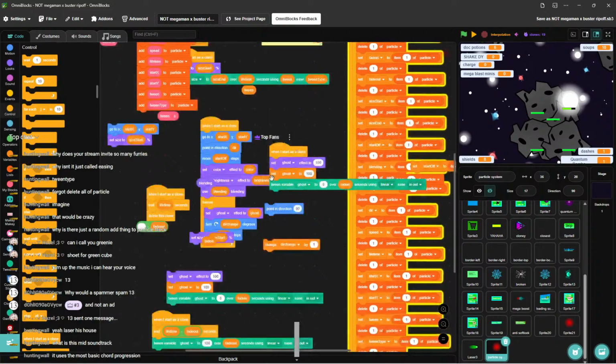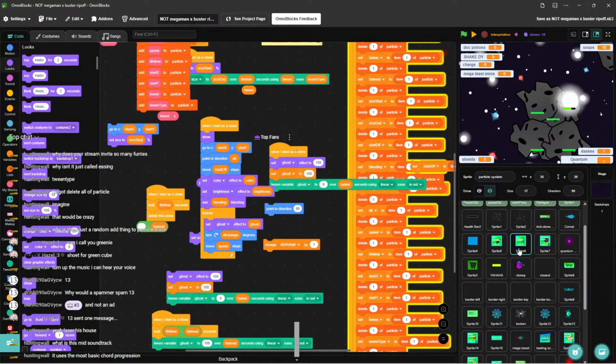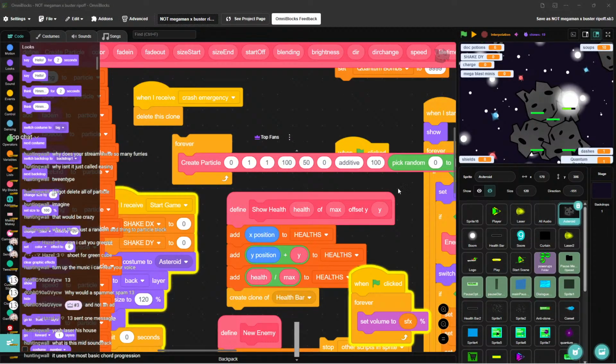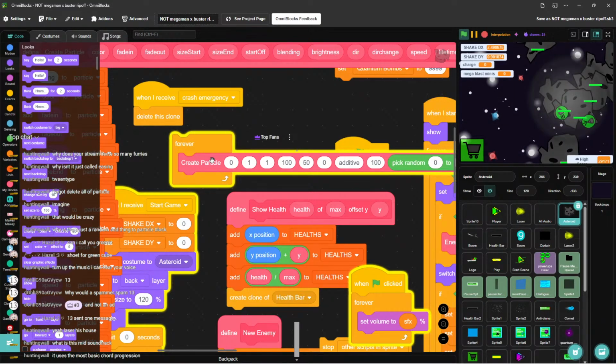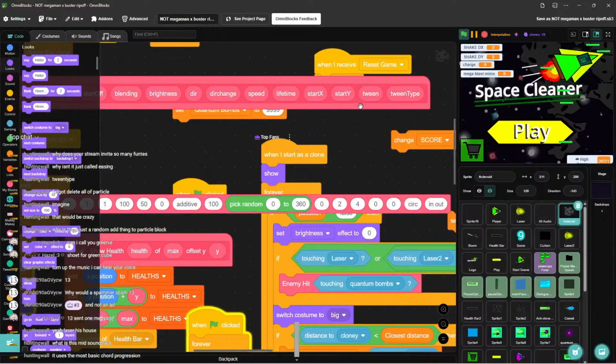Oh yeah, I think I made the most dumb mistake ever. I just forgot to make the actual particle show. Oh, it's spawning in, but they're not moving at all. So which one was the speed one? It's 1, 2, 3, 4,